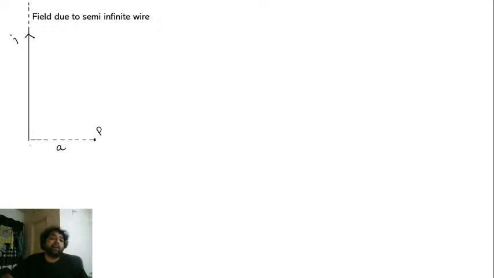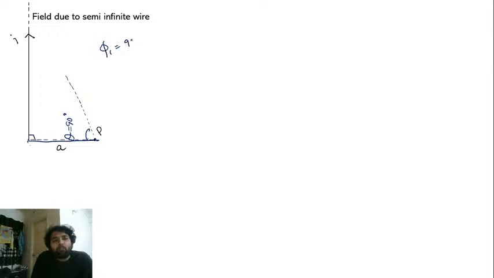Due to semi-infinite current carrying wire, अब मुझे चाहिए. Now semi-infinite means from this point it is perpendicular like this, and this is going to infinity. तो ये एंगल थीटा 1 and 90 डिग्री हो गया, बट दूसरा एंड कितना है? दूसरा एंड यहीं पे रुक गया ना. दूसरा एंड इज स्टक हियर. So which means from this you will get phi 1 will be equal to 90 degrees, but phi 2 will be equal to 0 degrees. This is what you have to find, guys.